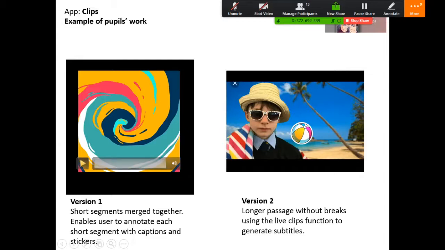But the second version, I've recorded it all in one go without breaks, and I've used the live clips function so you can see that he's spoken his French nice and clearly, and the app has been able to pick it up and generate the subtitles in French. Okay, let's play version number 1.